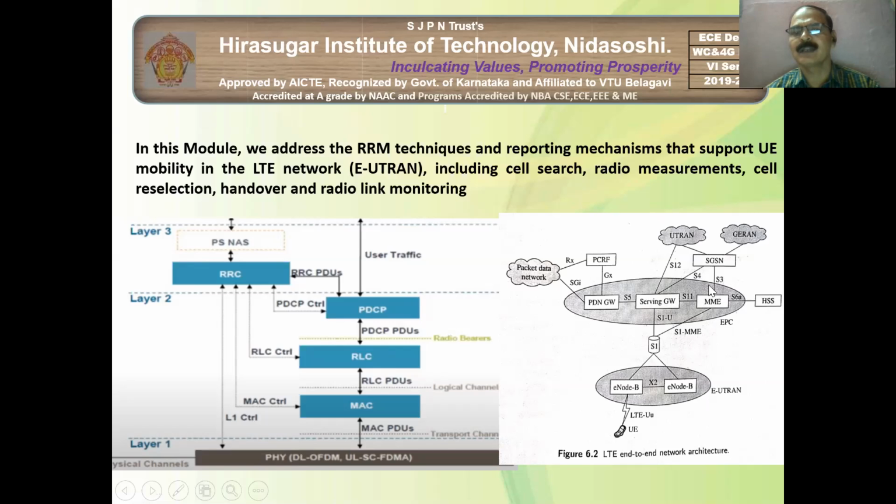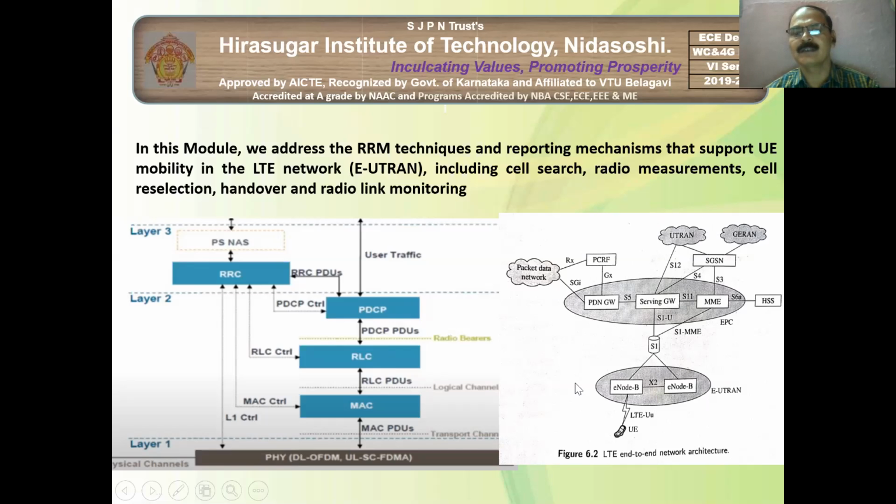We will come across another word, bearer, so we should know this. What is S1-U? What is S5? Sometimes it is denoted as S5/S8 also. That is the architecture we studied previously.